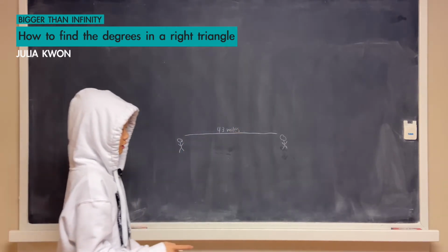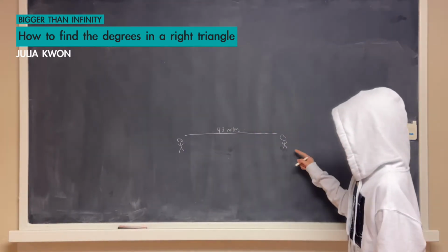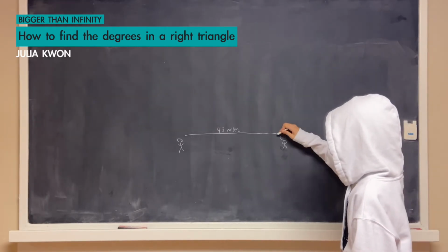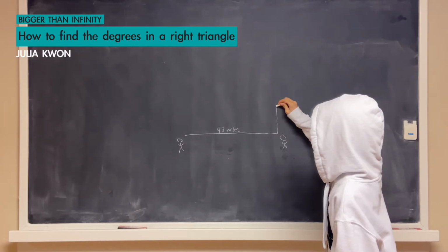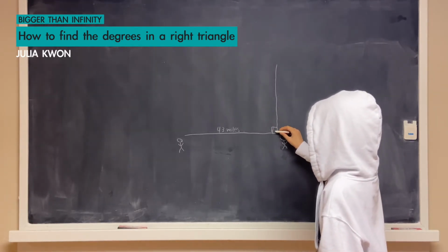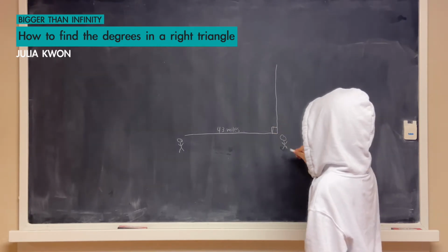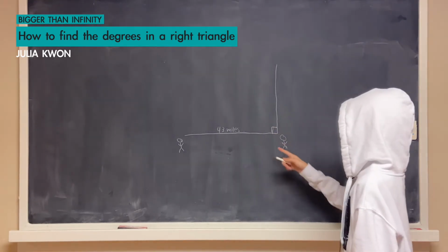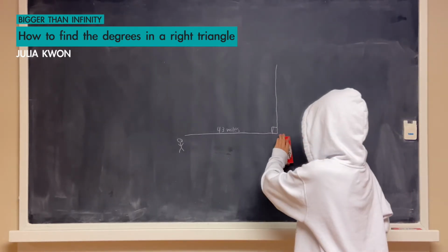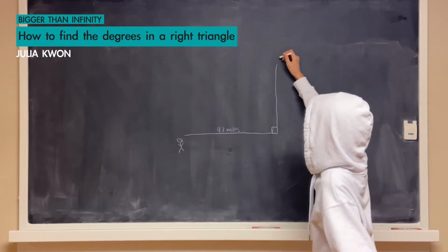And then Julia here decides to climb up this mountain, which is just straight up, and so that makes it a right angle, 90 degrees. And so Julia is now at the top of this mountain,